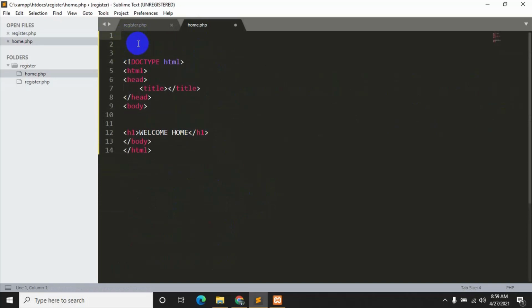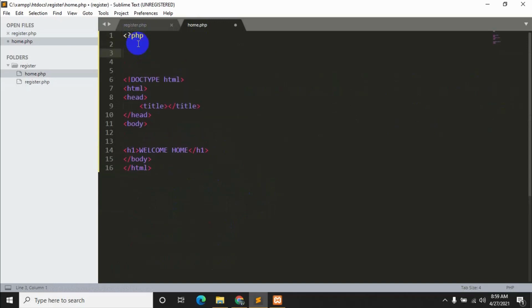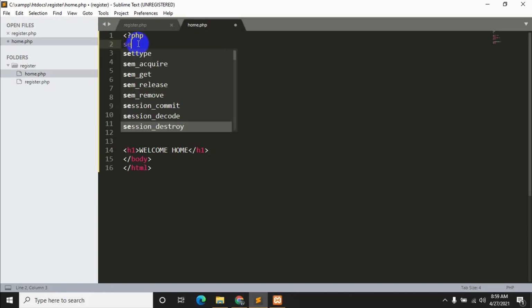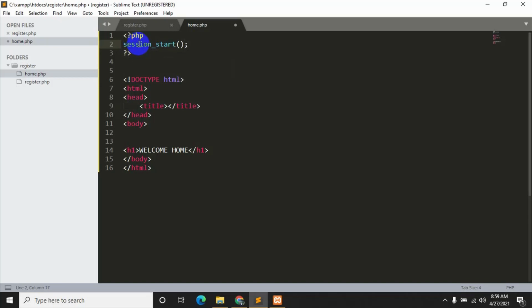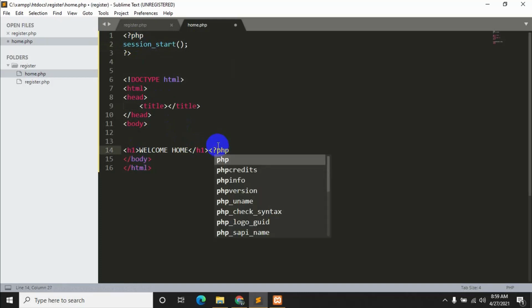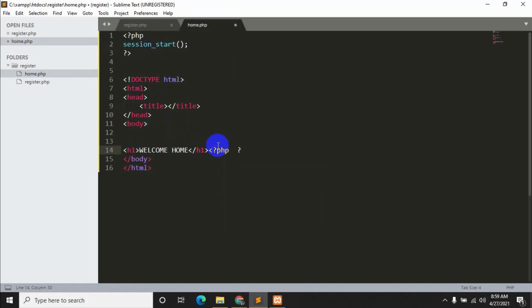So it's really easy. We just need to write php here, and then say session_start. Since we just added the session over here, it's really easy. Now over here we just need to write php again.